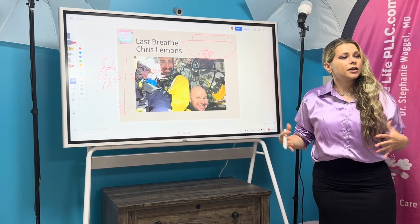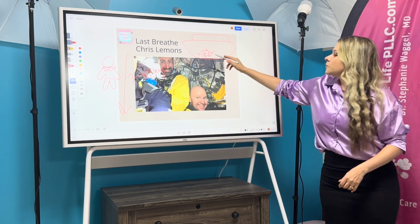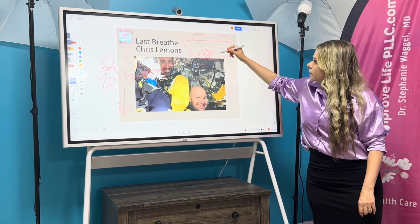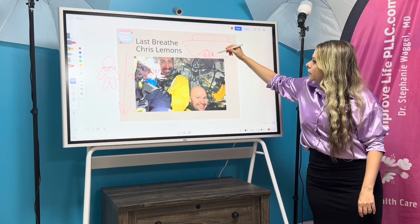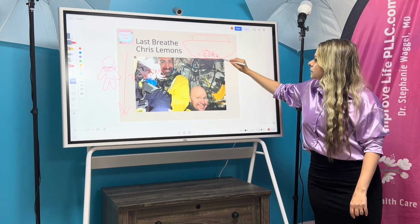So their body gradually gets used to the increased pressure. And then they take these pressurized vessels, and there's an opening here, and they put a smaller one here. So then these guys go in here. And then this thing goes out